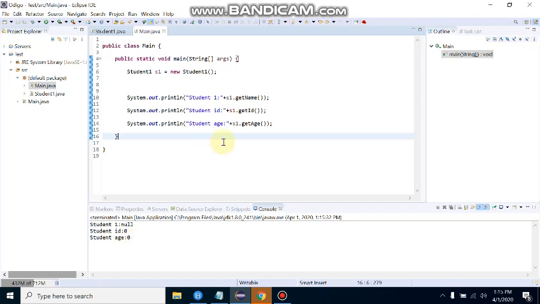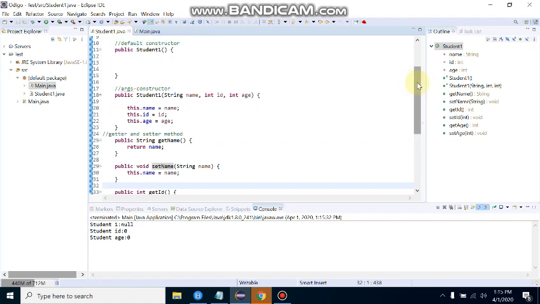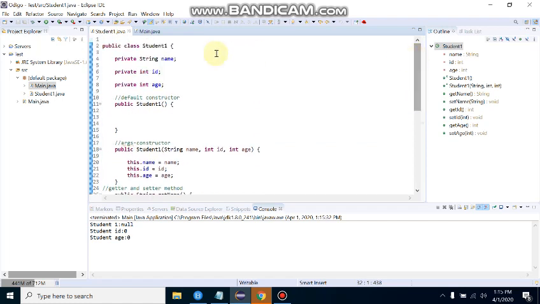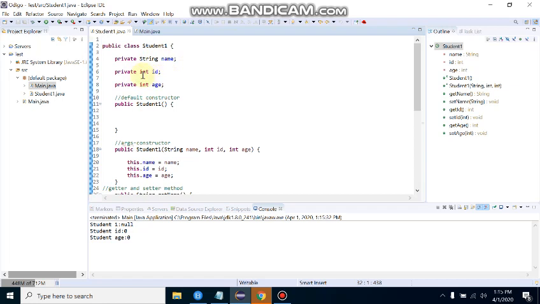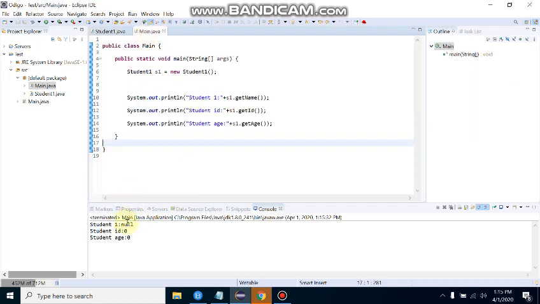What is the process? The compiler gives the default values of the fields. The compiler gives the default value of a string and an integer. The default value of a string is null. The default value of an integer is 0. That's why it is printing here. So I told you both ways of how we choose the Pojo classes, on the basis of the parameterized constructor and the default constructor. So guys,